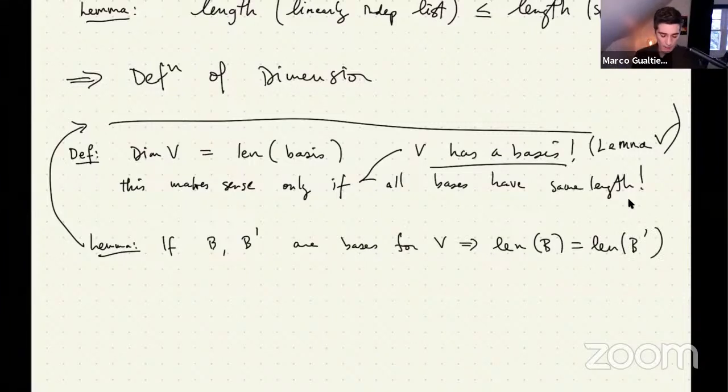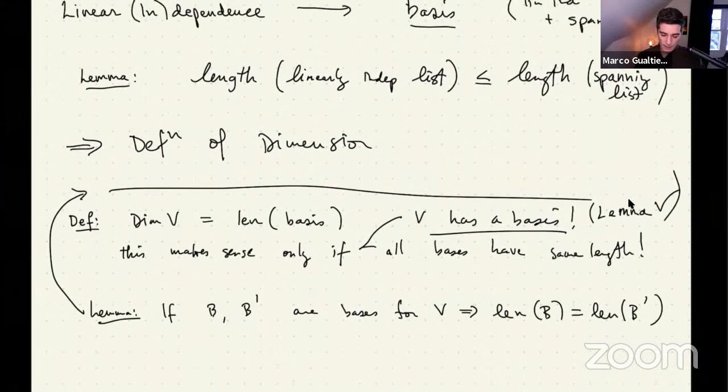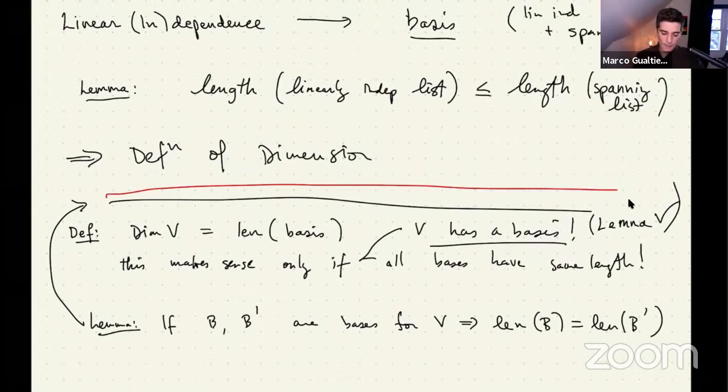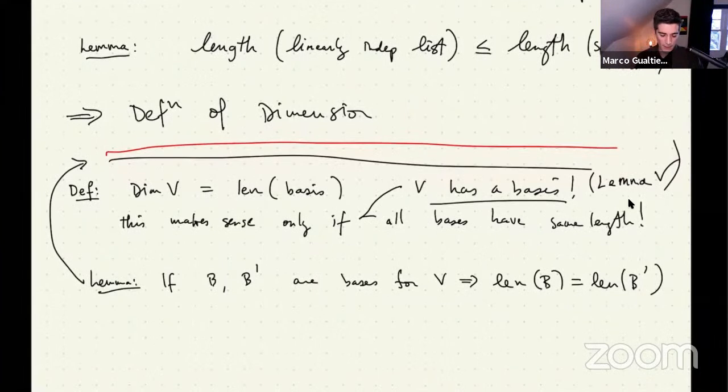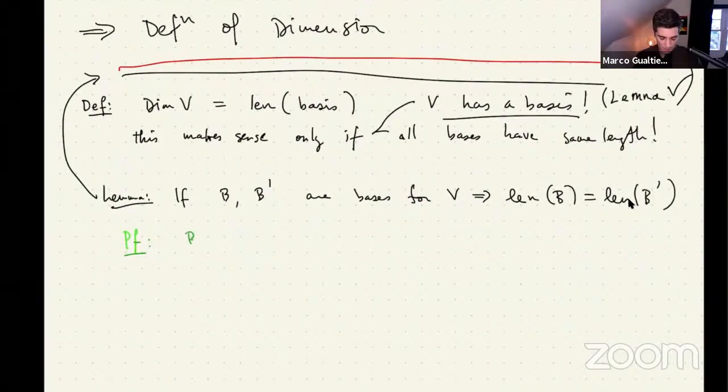And why is that? Well, it follows from this lemma here. So the proof is very simple. B spans, B prime linearly independent, from the lemma